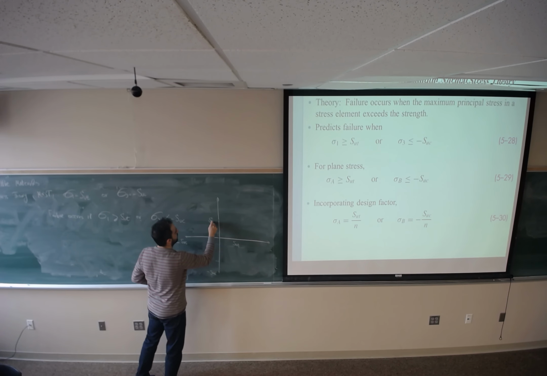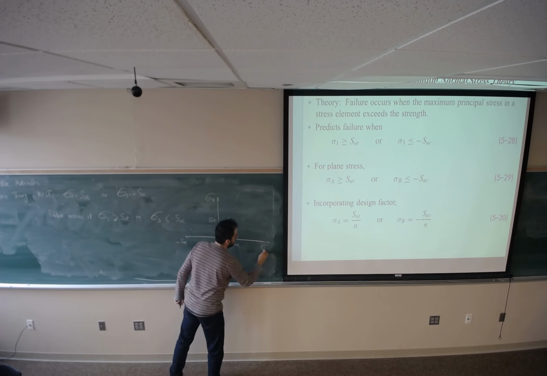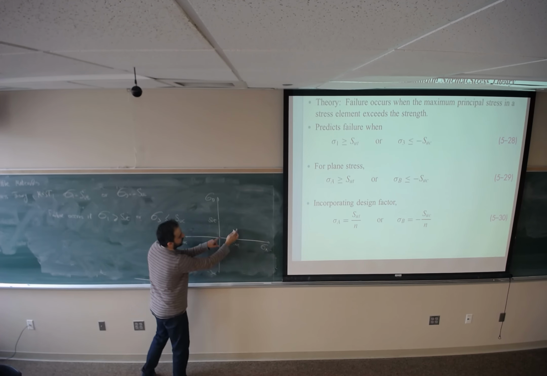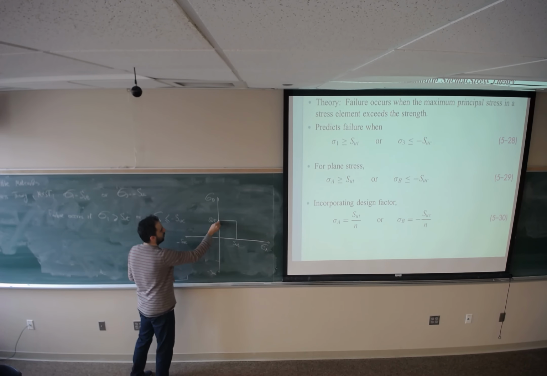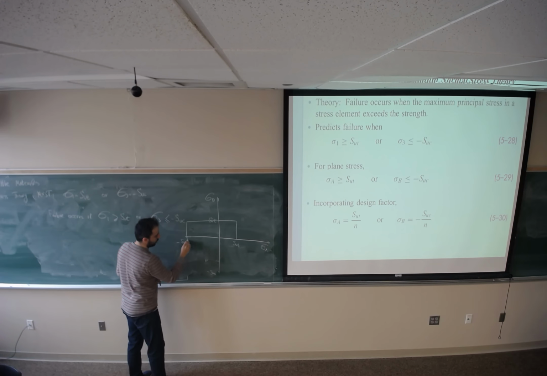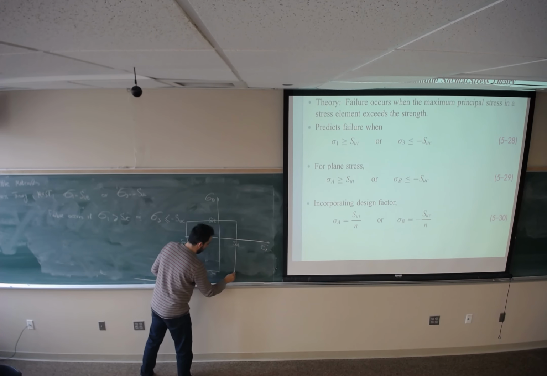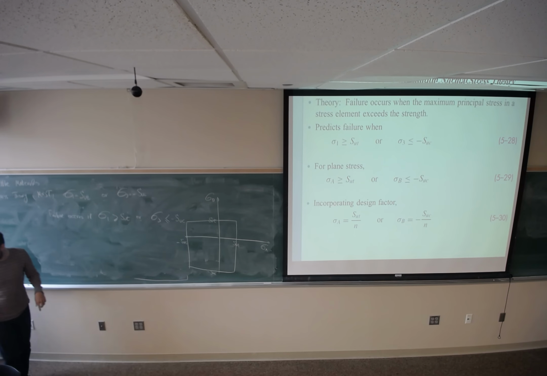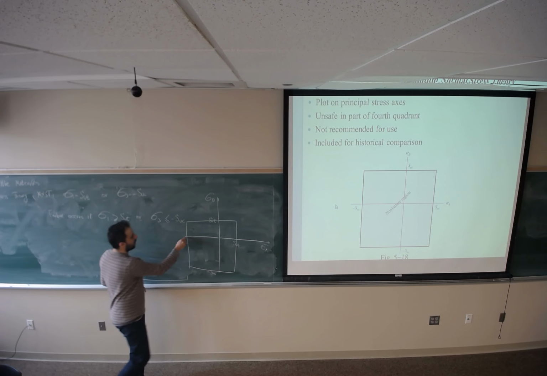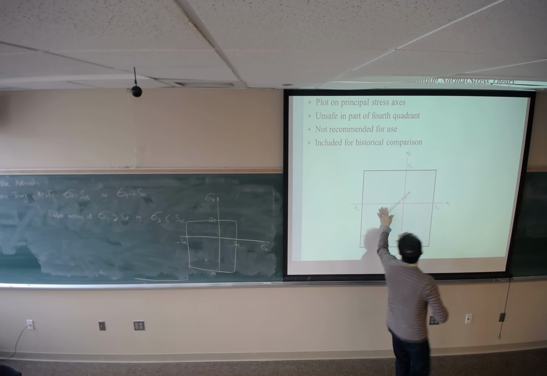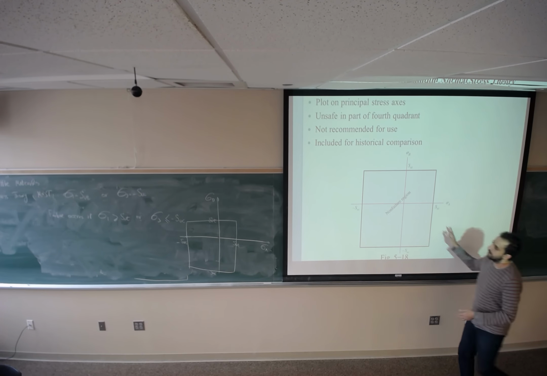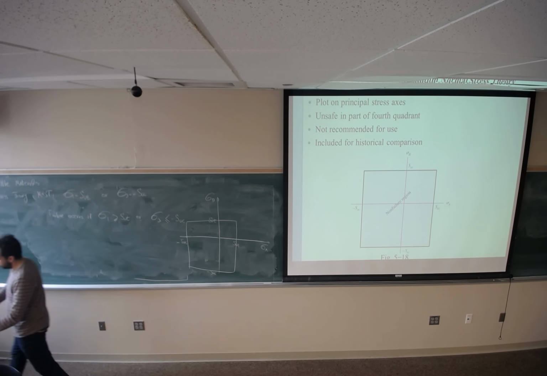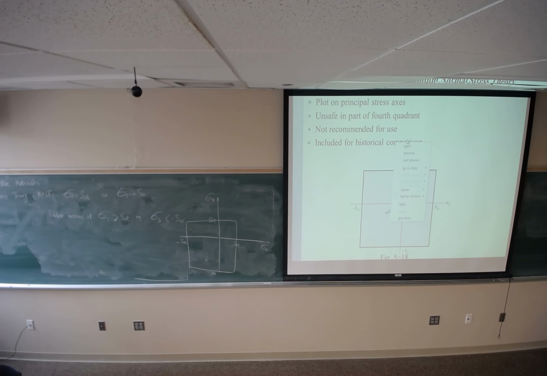and S_UT for these four quadrants, if both sigma are positive, we will get this box, this is square. For this, we will get this. We will get this square. Inside the box is going to be the non-failure. Area outside of the box is going to be, we are going to expect failure. But on fourth quadrant,